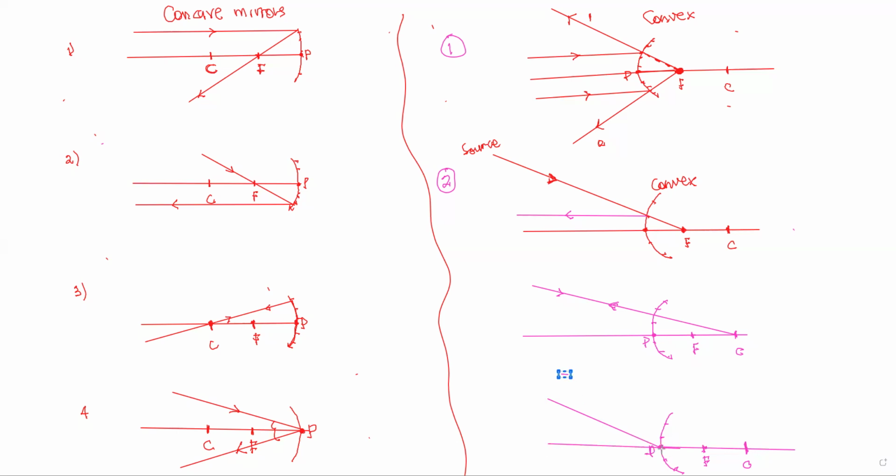When it hits the pole, the reflected ray must be symmetrical. So incident and then reflected. These are how the rules apply for convex mirror as well. Okay. Ray diagrams must be done